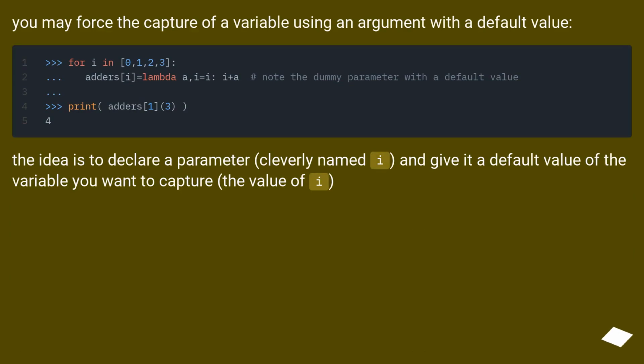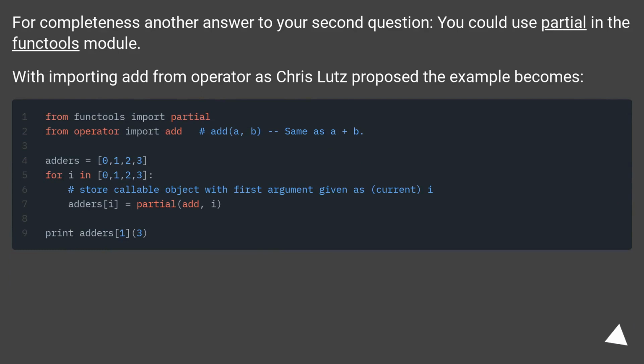You may force the capture of a variable using an argument with a default value. The idea is to declare a parameter, cleverly named i, and give it a default value of the variable you want to capture, the value of i. For completeness, another answer to your second question, you could use partial in the functools module. With importing add from operator as Chris Lutz proposed, the example becomes